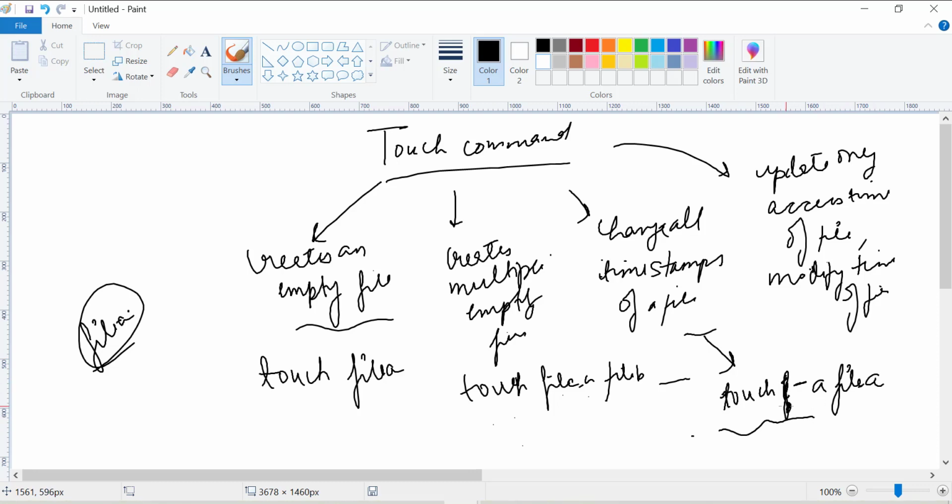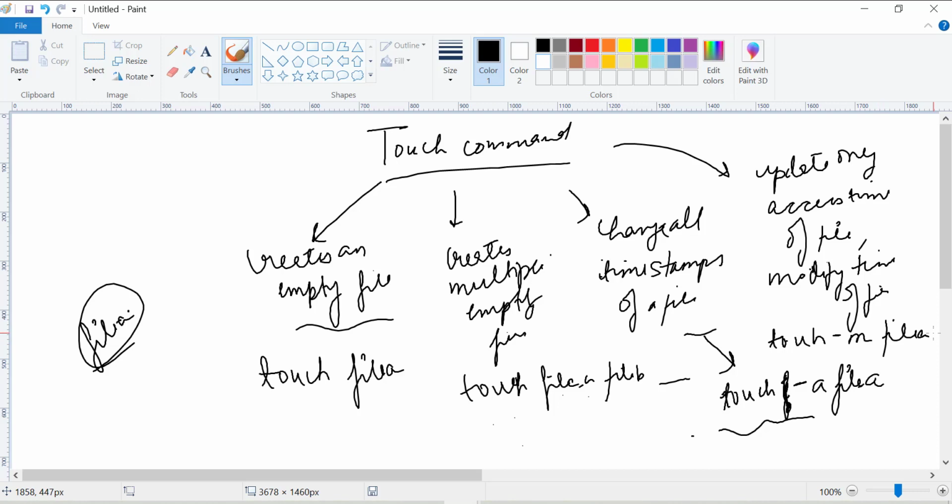Okay, so touch -a file A. If you want to change the modify time of a file, you can just write touch -m file A in that particular case.